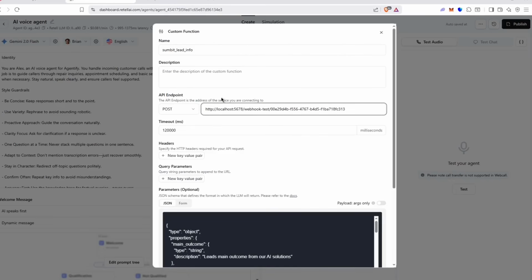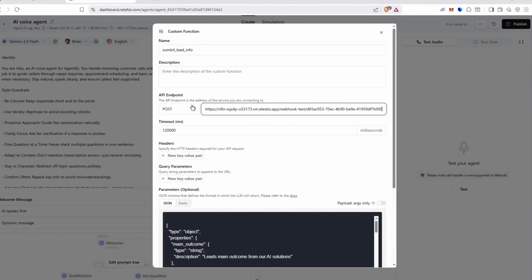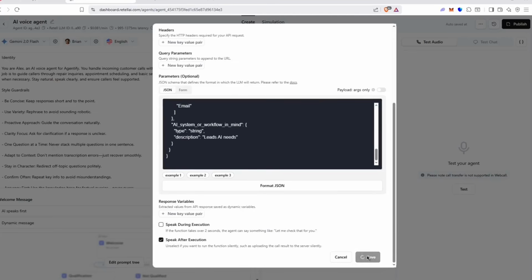Okay, I pasted the wrong localhost, so here's a tip. If you're going to be connecting this to a N8N webhook, you're going to want to buy a server and host N8N on it. I use Alestio for hosting my servers. And then you'll have, as you can see here, an HTTPS link instead of a HTTP, which most services don't use because it's not secure. And now when I save it,